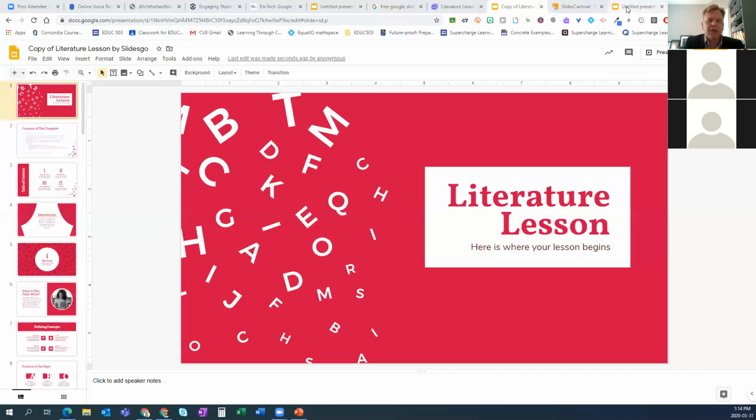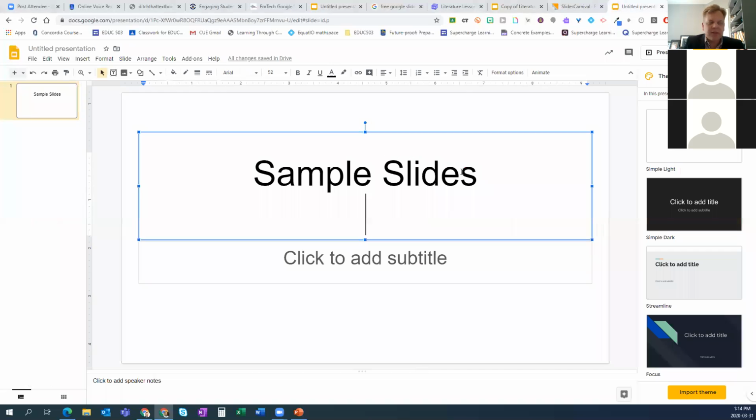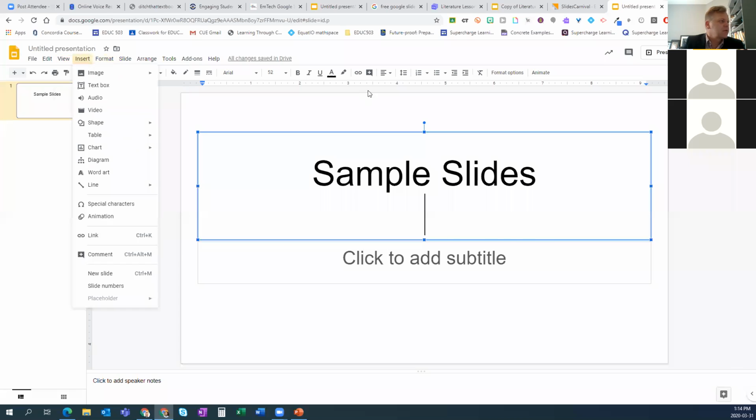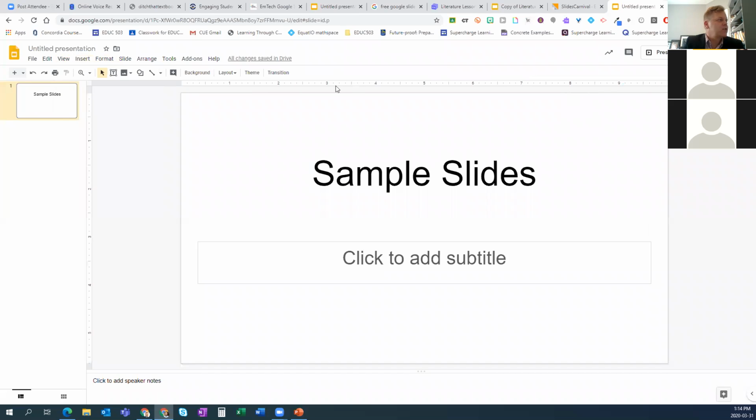Okay, I'm just going to pop over two tabs. Remember I had started this one? Well, let's say I'd close this theme thing. So if I go under Theme, I click away from all my text and I choose Theme right